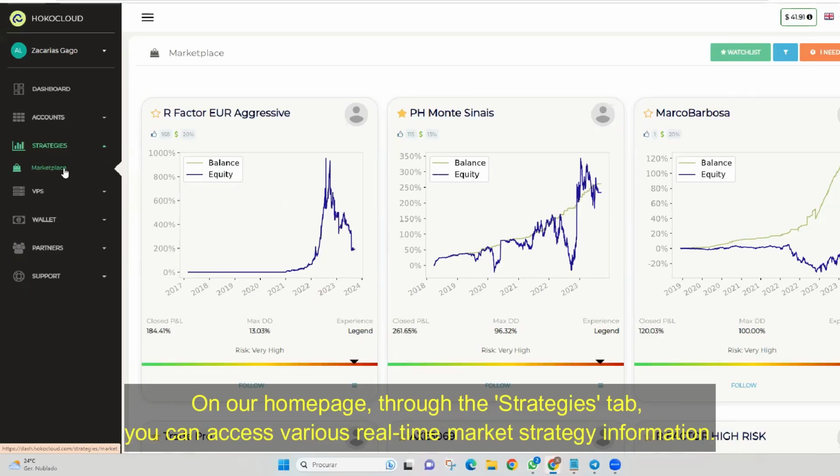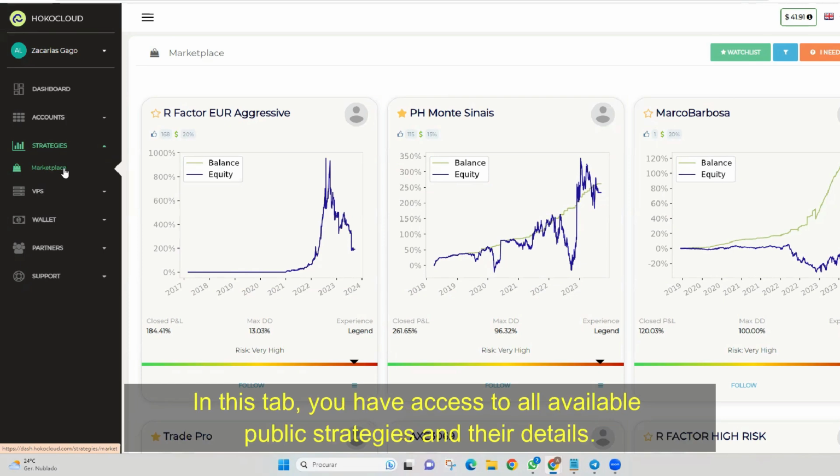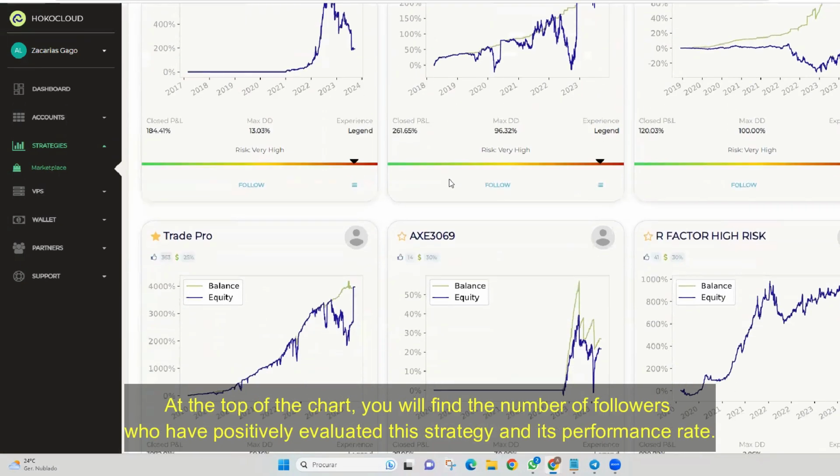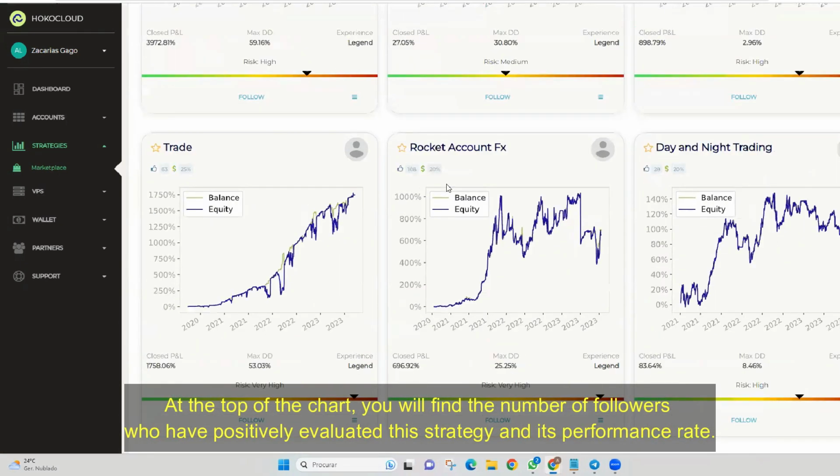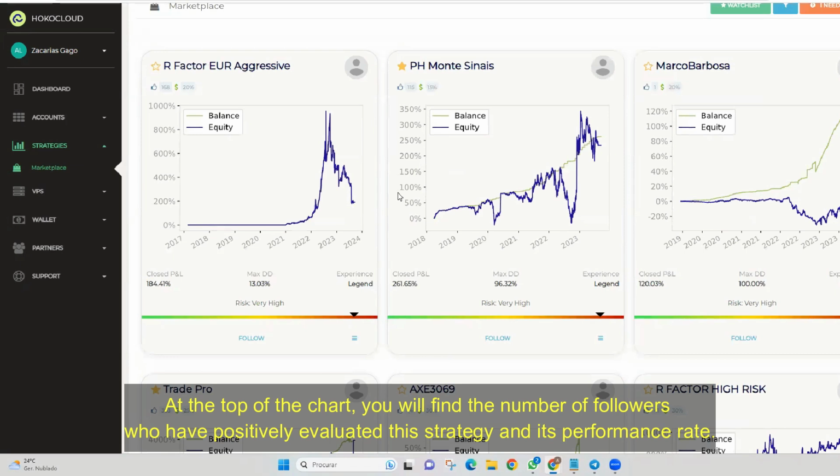On our homepage, through the Strategies tab, you can access various real-time market strategy information. In this tab, you have access to all available public strategies and their details. At the top of the chart, you will find the number of followers who have positively evaluated the strategy and